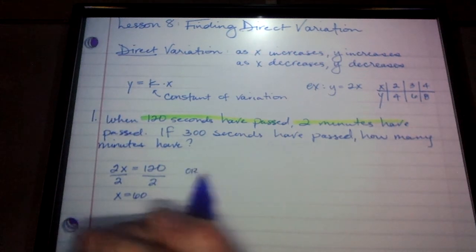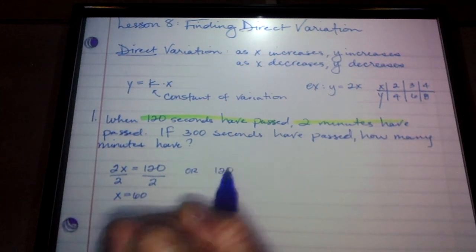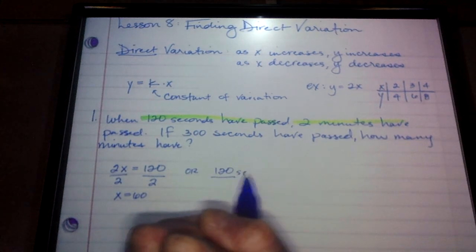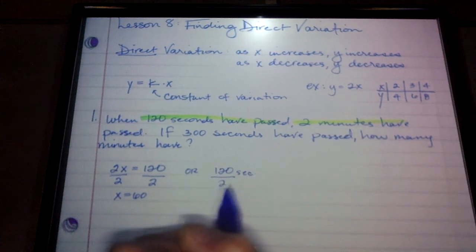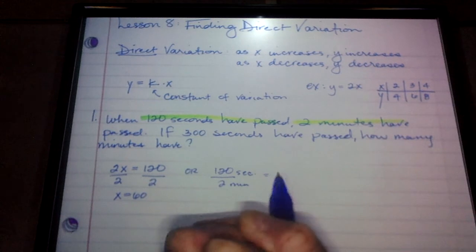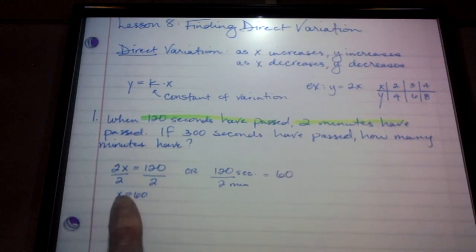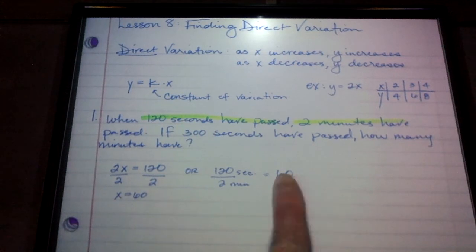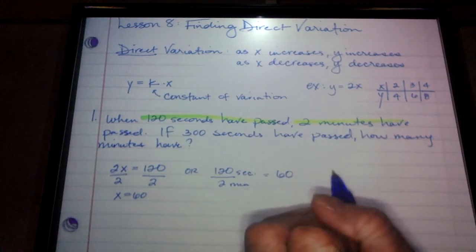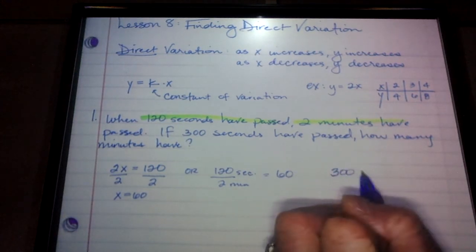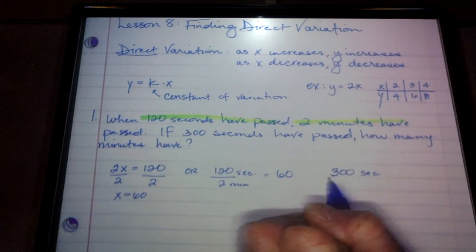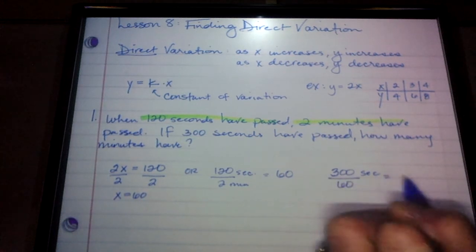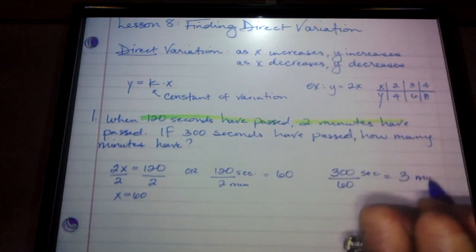Or you could simply have said, okay, 120 seconds divided by 2 minutes equals 60. So you don't have to use x, you can just do mental math. Either way, I should get that. The constant of variation here was 60. So if I have 300 seconds, I would divide by 60, and that would tell me 3 minutes